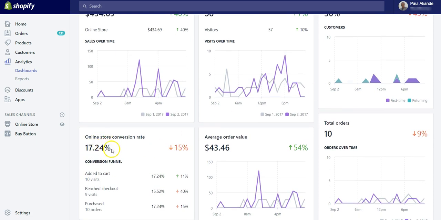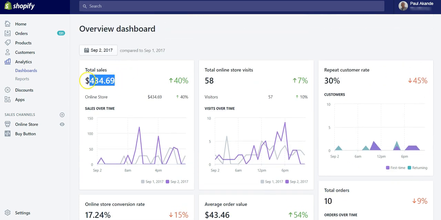So the conversion rate was a bit lower compared to the 1st of September. But can you see the average order value? The average order value is higher. We are talking about 17% here, because normally, just like I said, a typical conversion rate for most e-commerce stores is between 2% to 4%, or maximum 5%. But you are seeing a whopping 17% here, and with an average order value of 43.46. Total order was 10. This is what it earned me.